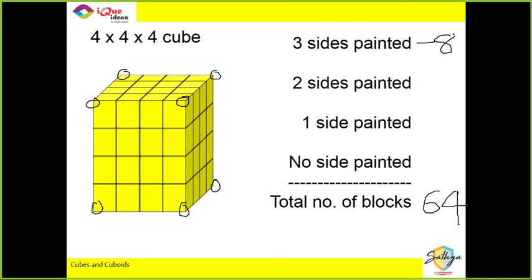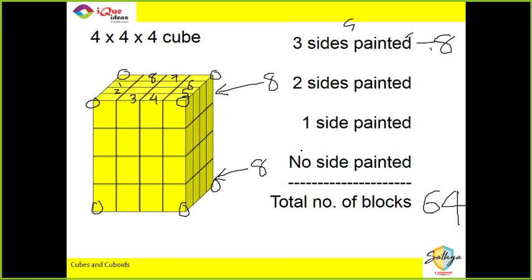This is simple. Now start paying attention. I'm counting the top layer now. So in the top layer, leaving the vertices, how many are on the edges? 1 2 3 4 5 6 7 and 8. There are 8 pieces with two sides painted in the top layer. Did you understand that? 8 pieces in the top layer, two sides painted. So if there are 8 in the top, there are 8 in the bottom, because top is equal to bottom. Are you getting that?